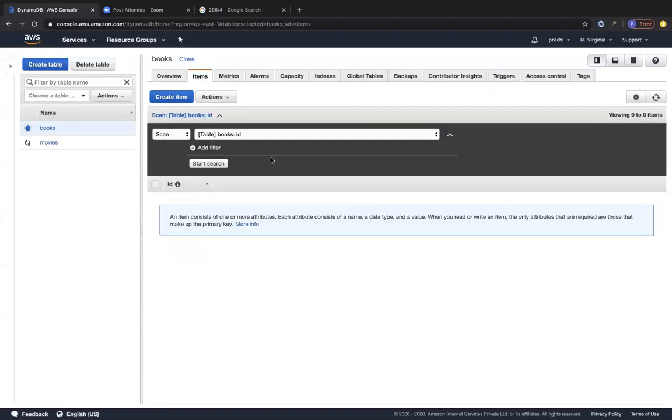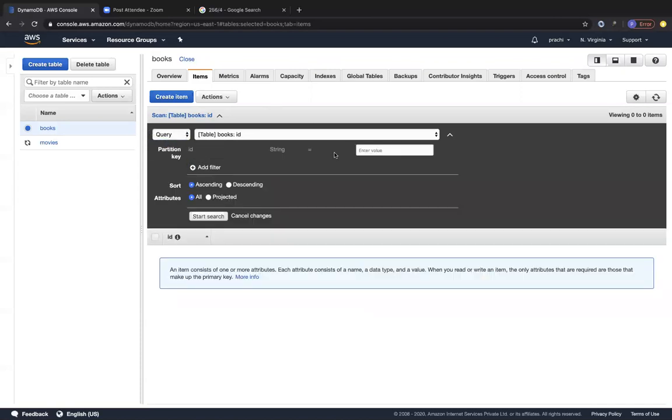And you can take an entire row, or you can choose multiple records in your table and also export it to CSV format and so on. And you can also manage the TTL in DynamoDB, so for how long your data is going to reside in your DynamoDB table. So you can see over here, we can search only based on ID, but then in a few moments, we'll be creating a global secondary index, and you will see that also being listed over here. Other than the scan, you also do have the query feature over here, where you have a nice GUI where you can insert the values and so on, right?